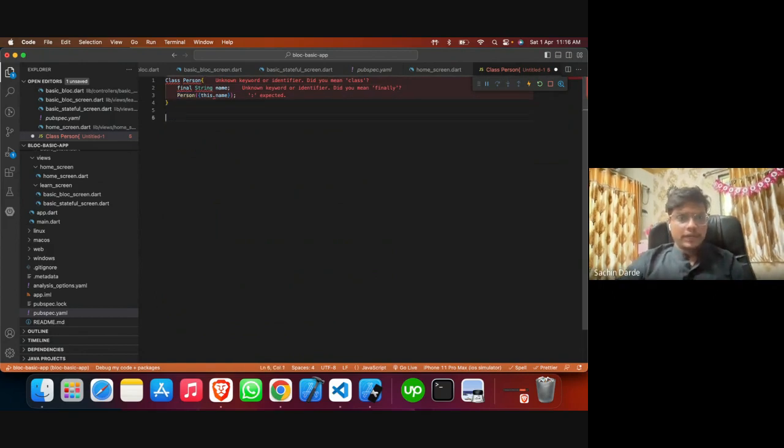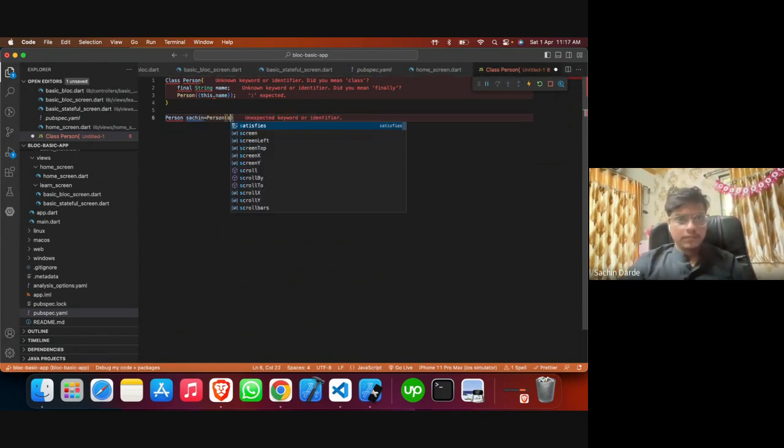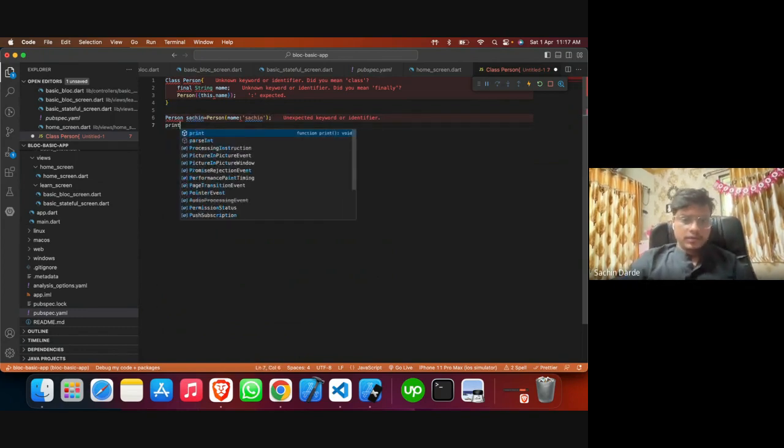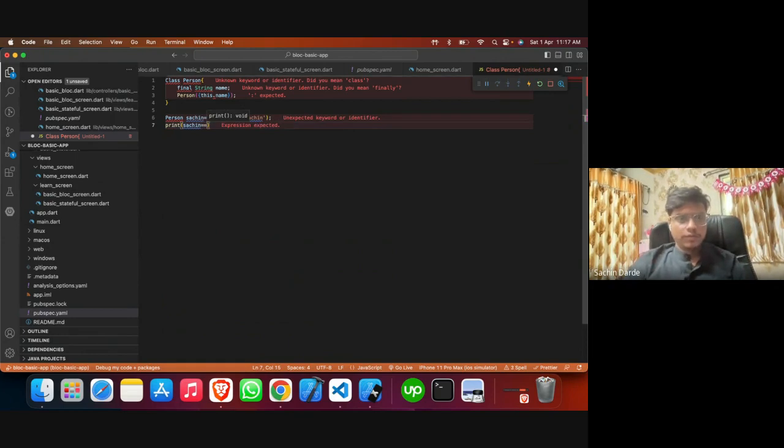I'm creating one variable, person Sachin, and adding the value name to it. Then if you print whether Sachin is equal to a new Person with name Sachin,